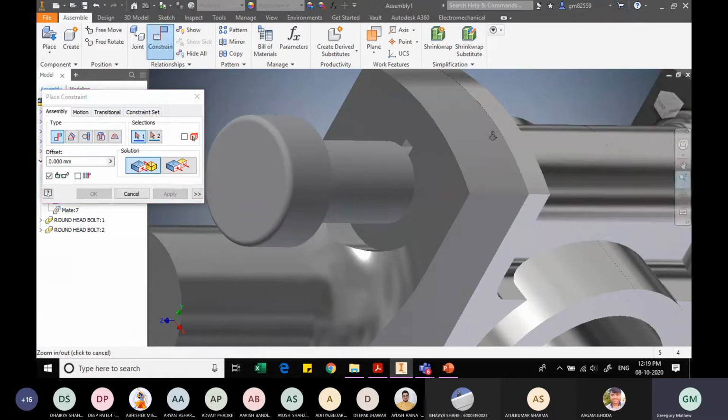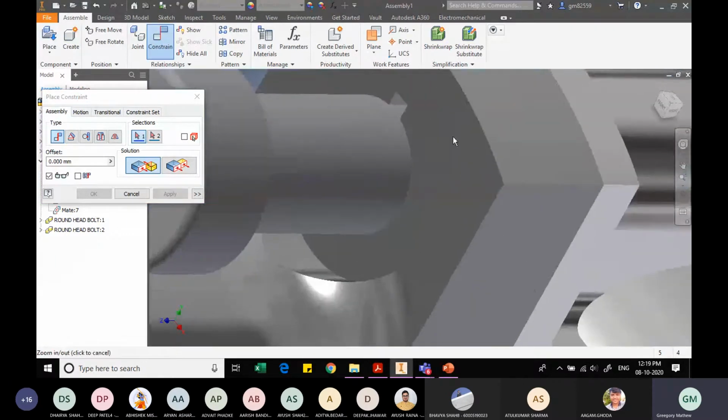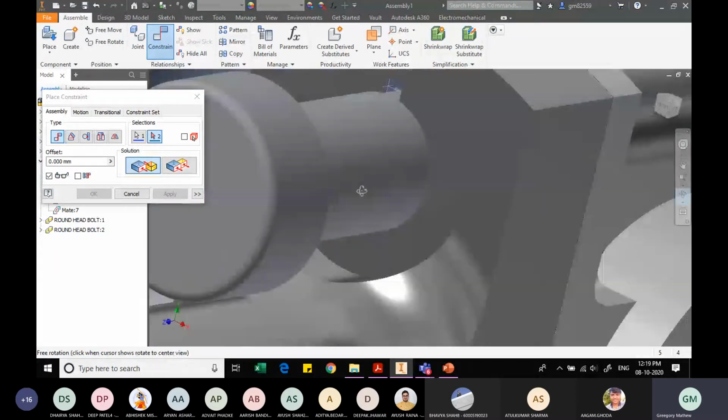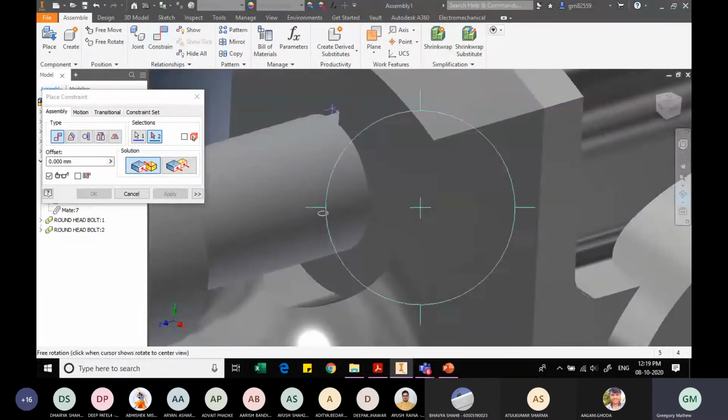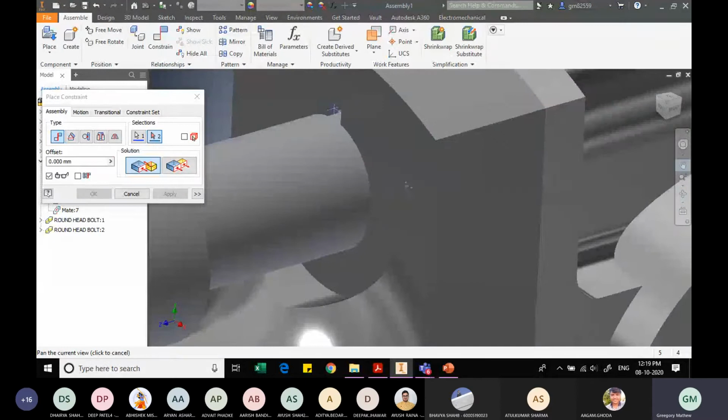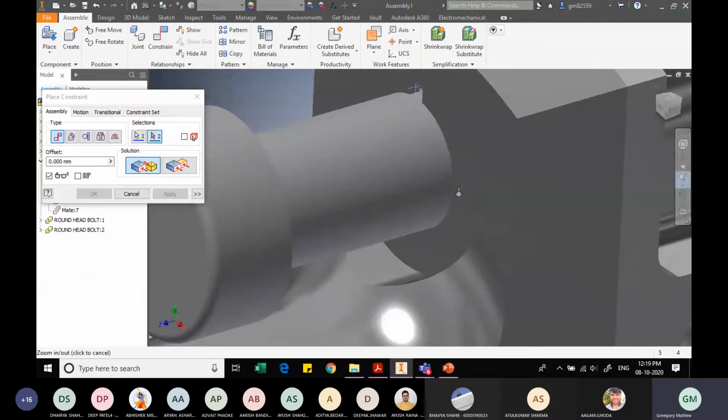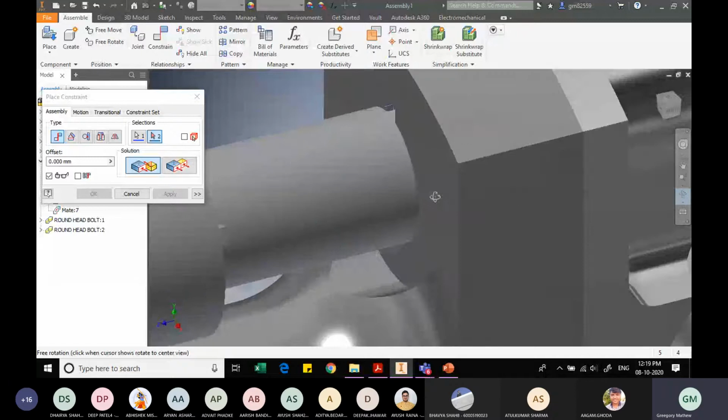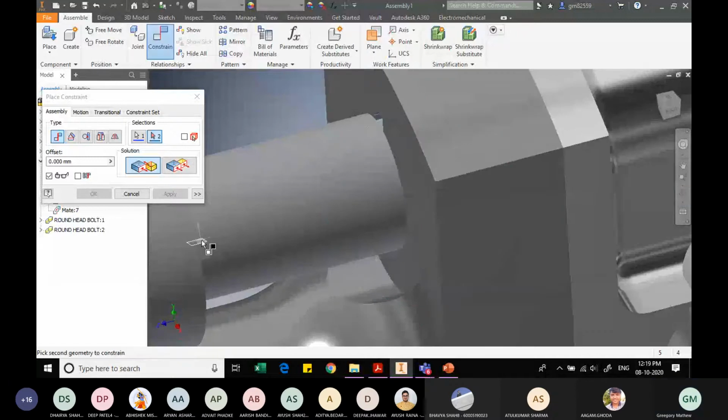I will zoom this view, and let me select this face. And this here.